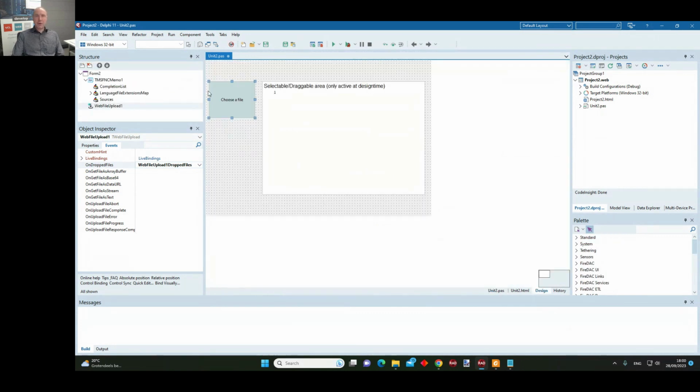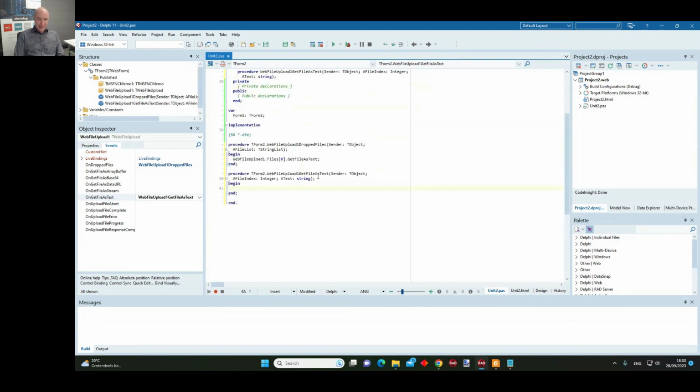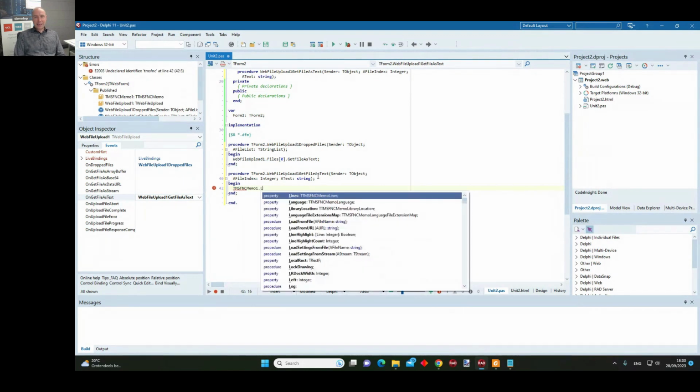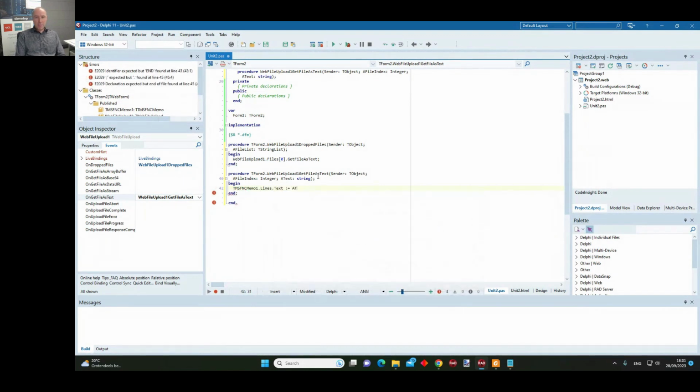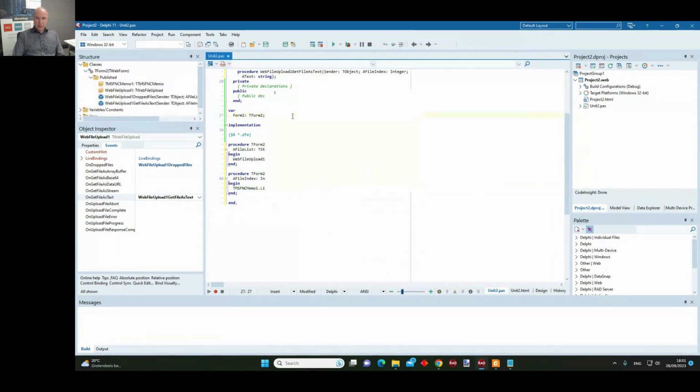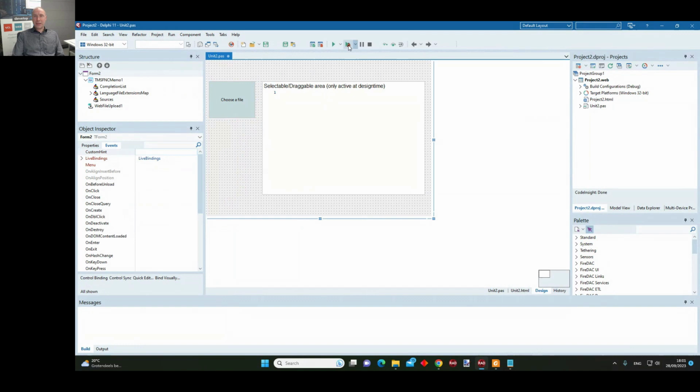Also, if I drop a binary file, get that as binary data, but in this case I'm only interested in text files, obviously, and what I will do is assign this text to the memo. And that's all we need to do in our Web Core application.